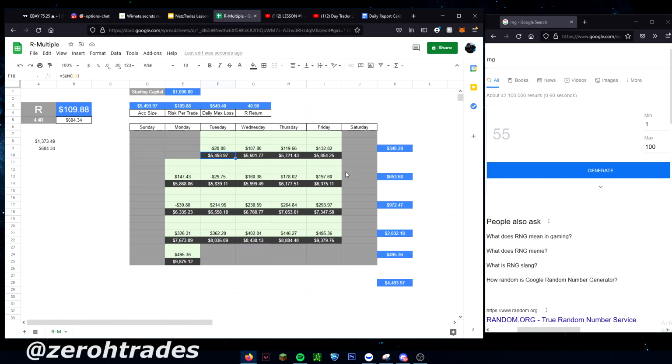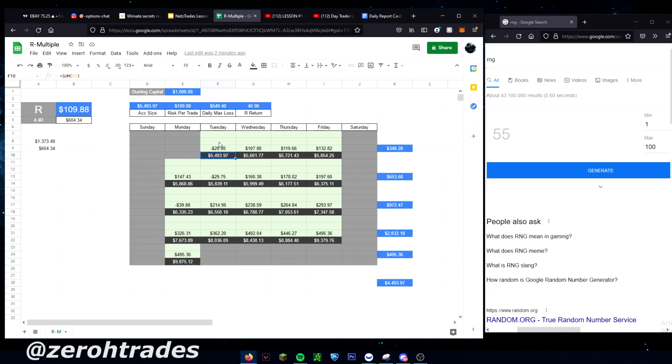So I wanted to demonstrate this so you guys can see, one, the power of the R multiple. As you size up, the more you win, the bigger the risk is, but also the bigger your winners are. So we're able to take advantage of compounding. But also when you lose, you size down. So you're protecting yourself to the downside and taking advantage of when you're on a winning streak. So that's the advantage of using the R multiple.